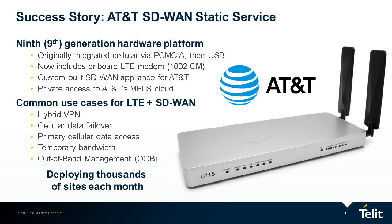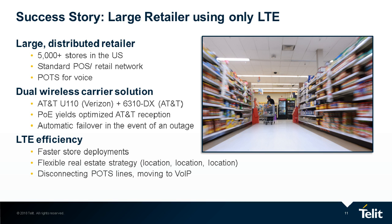So that's going to lead me into a discussion briefly on another success story that we've had, and this was a partnership with AT&T. And this is a large retailer, and I've actually had a relationship with this retailer for many years. And it's one in which I was able to see them go from more of a satellite type preference because of the ubiquity or coverage of a satellite network to a broadband network and to now